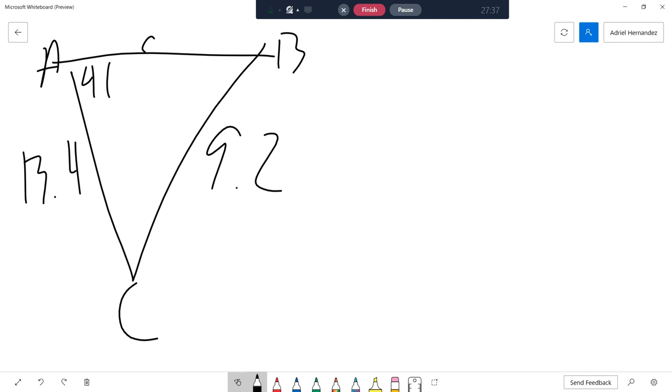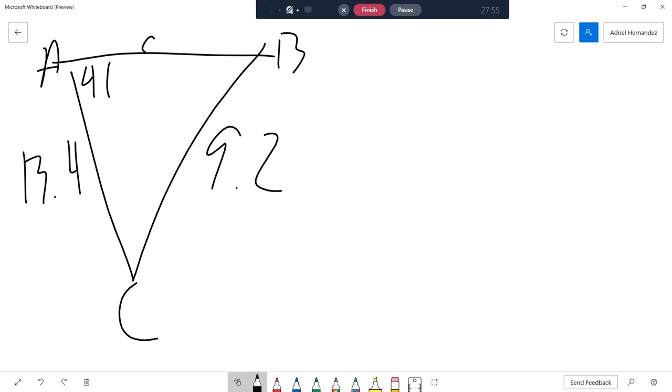But you do have side length B, and you do have side length and angle A. So you're going to use the law of